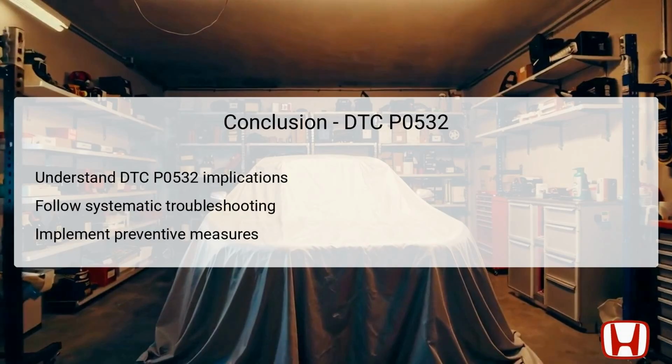Implementing preventative measures, such as regular inspections and updates, creates a more robust system, less prone to future failures. By adhering to good maintenance practices and understanding the diagnostic processes, vehicle owners can ensure optimal performance of their Honda Civic's air conditioning system and uphold a comfortable driving